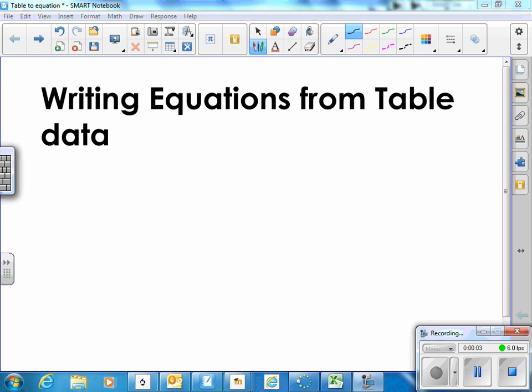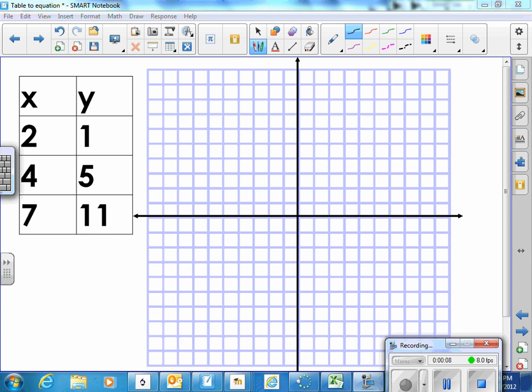This video clip is about writing equations from table data. So if I have this table of data, I could plot those points. Let's say this is our x-axis, this is our y-axis, and each square would be 1. So go over 2 up 1, over 4 up 5,